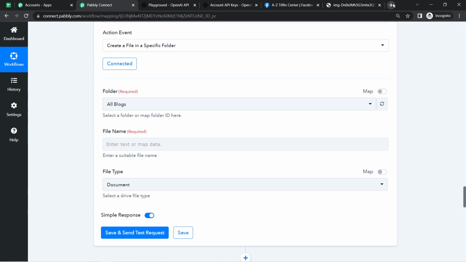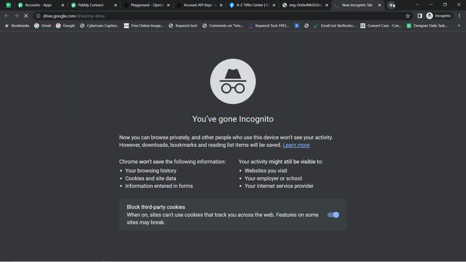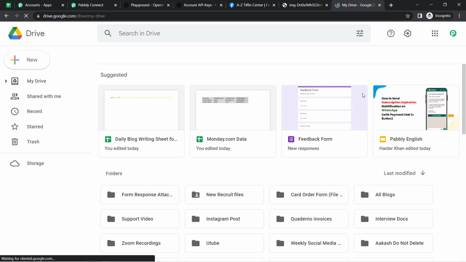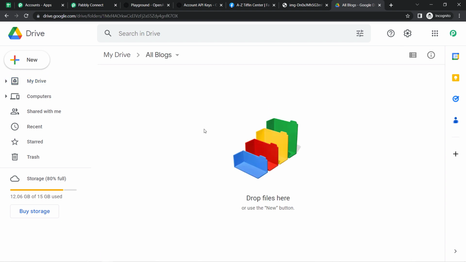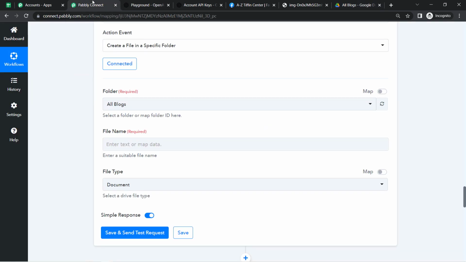Let me even open my drive and check for this particular folder, whether something is already present in it or not. All right, so here you can see I have the folder named all blogs. I'm going to open that. And here you can see this particular folder is actually blank. Okay, coming back to Pabbly Connect, I have selected the same folder, and in the file name,